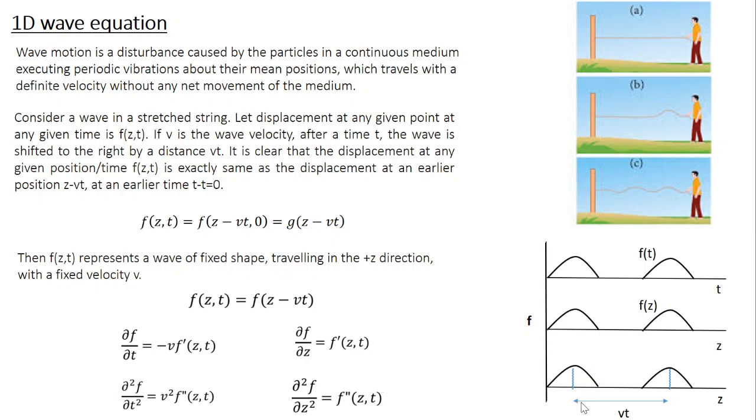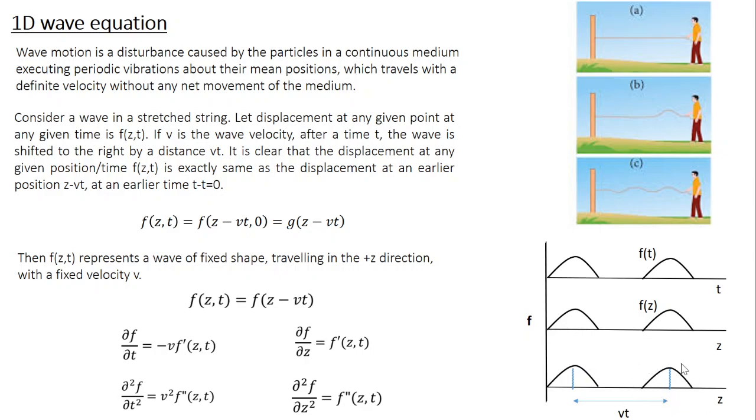Imagine that the wave is traveling along the plus z direction towards the right with velocity v. Now in time t, the wave travels a distance vt. So if you consider a point at the origin, you will find that after a time t, the same point is going to reappear at a distance vt. Or if you consider a point at the maximum, the same maxima point is going to reappear after a time t at a distance vt.